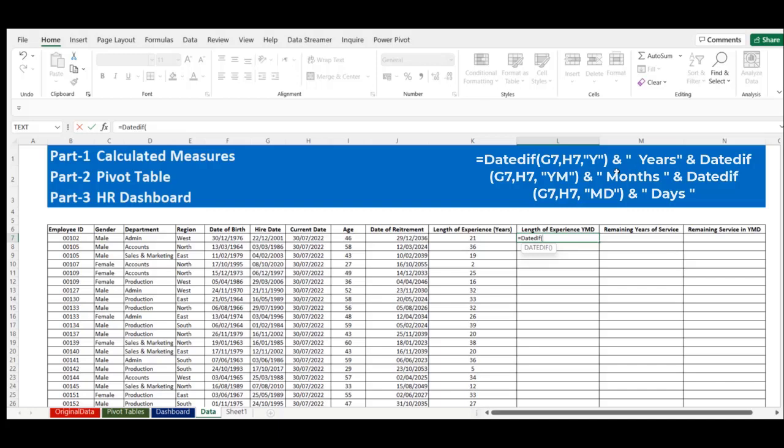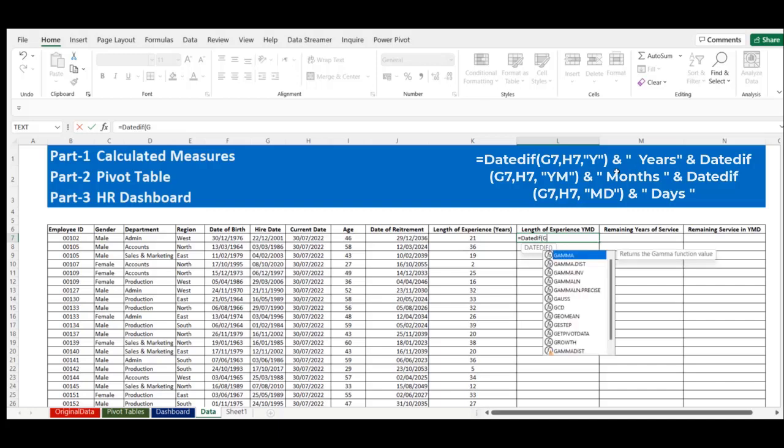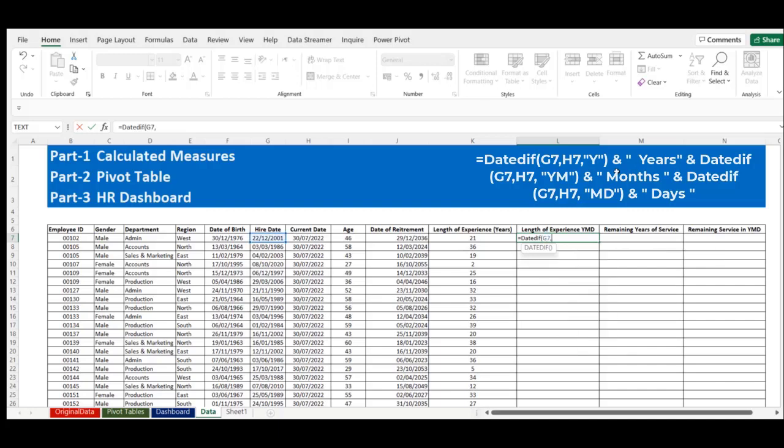First I will enter the hire date, that is G7, comma H7, that is the current date, comma quotes Y, quotes, parenthesis close, ampersand sign, years,